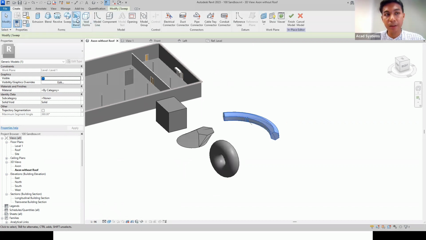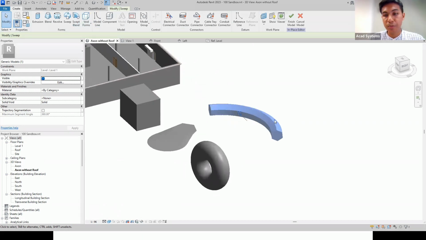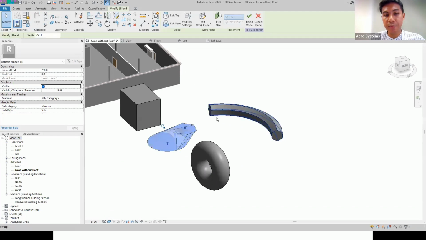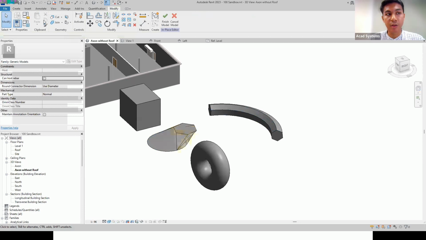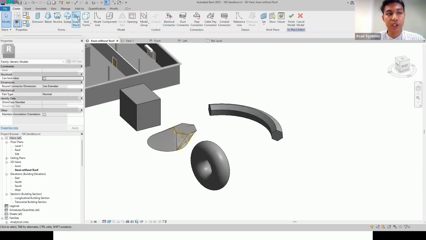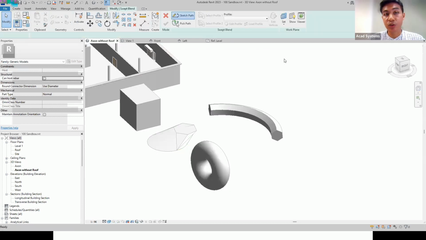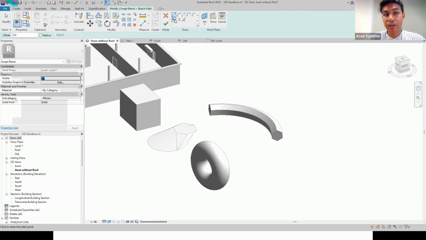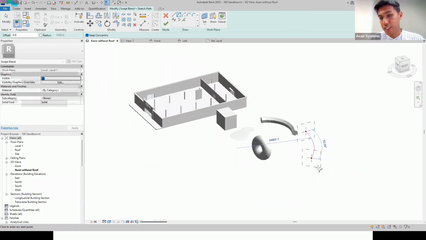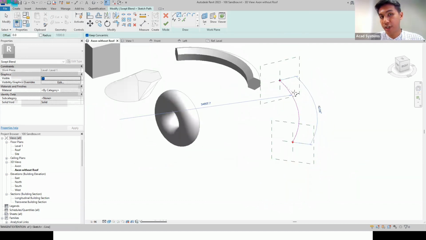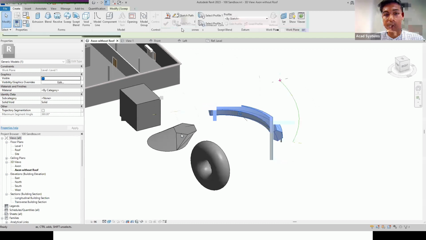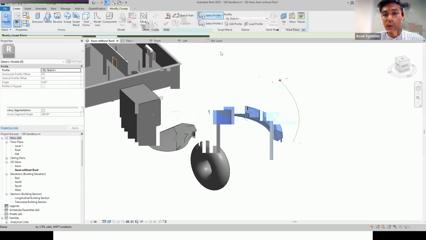For swept blend, it kind of combines these two, sweep and blend. Okay, so I go to create, swept blend, first draw the path. Maybe I'll do another arc for the path. And as you can see, it gives us two profiles. So click on finish here first and select the first profile,